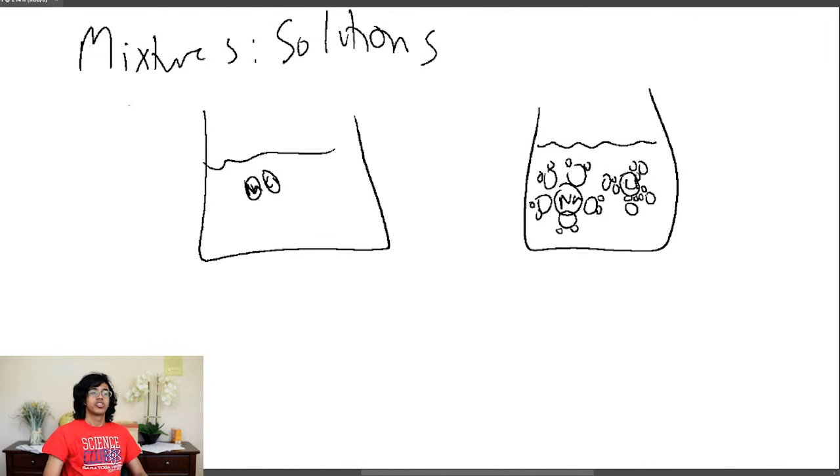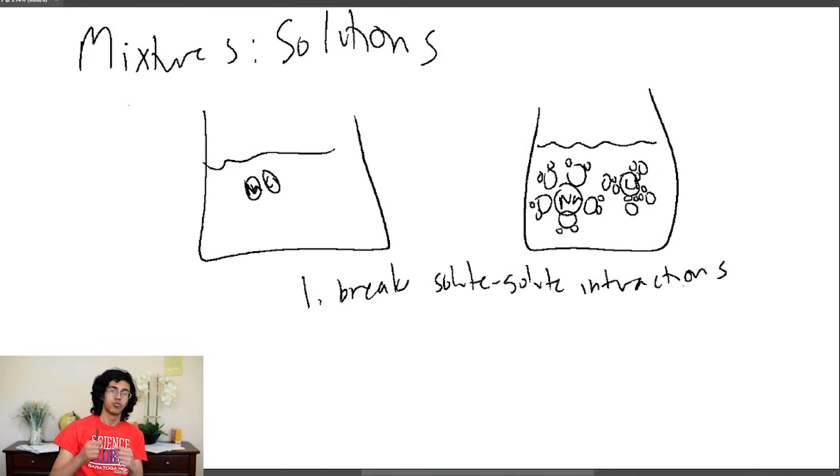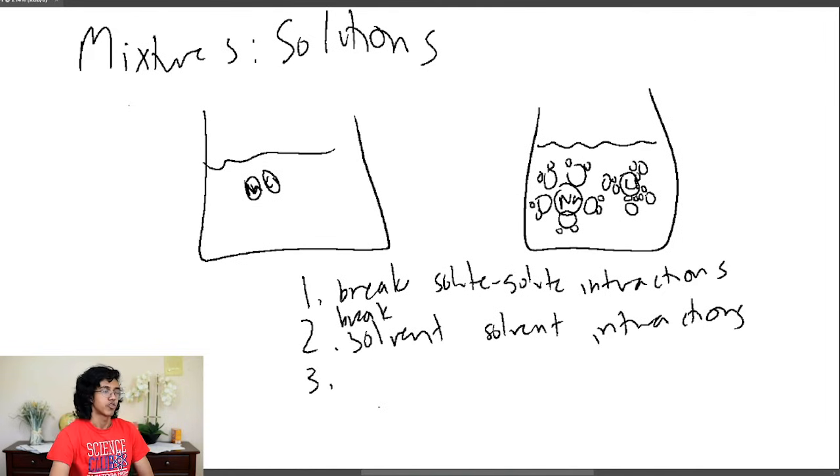Make sure you note which direction the water molecules are facing because that is actually relevant, okay? So if you look at the diagram, the first step is you've got to break apart the Na and the Cl. So you've got to break up solute-solute interactions. But we also had to break up the water molecules from each other so that they get attracted to the sodium. Because if they're attracted to each other, they're not going to be attracted to the sodium. So we also got to break up solvent-solvent interactions. And then third, we got to form interactions between the water and the Na, water and the Cl, so form